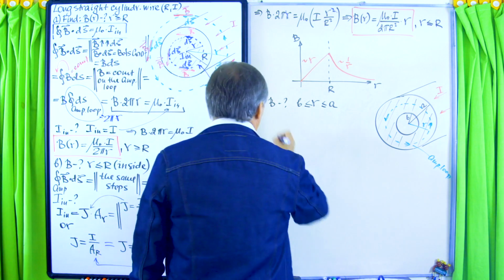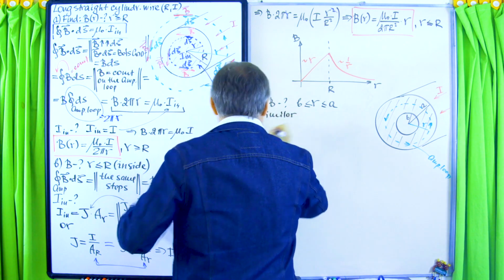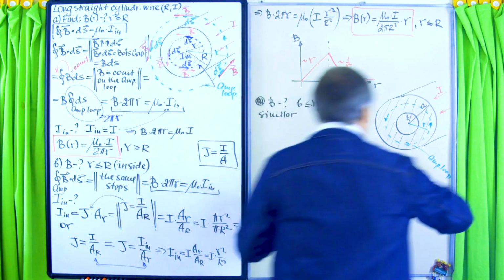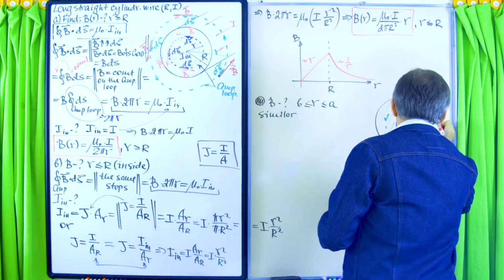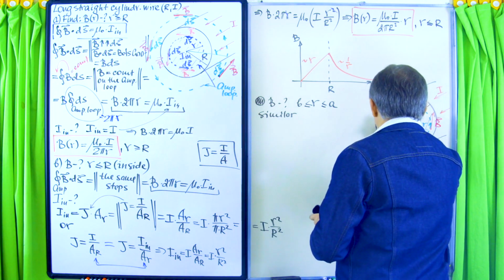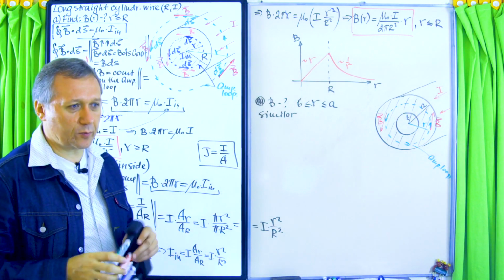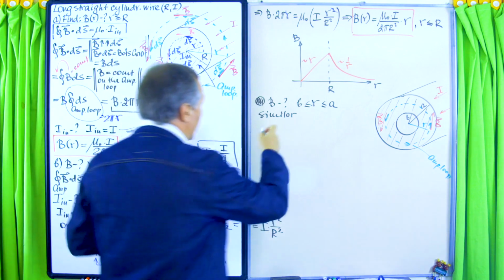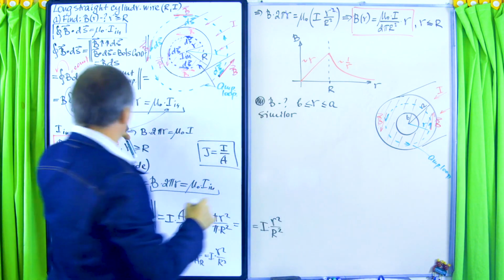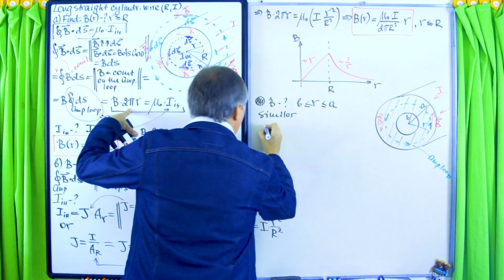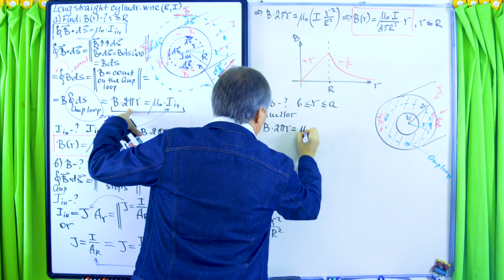Okay, so now again I will write similar, and I probably should draw the magnetic field, right? So this will be my magnetic field B again, because the symmetry is the same, so it will still be tangential. So in a similar way, you will get to this point, right? So again, B times 2 pi r equals mu naught times